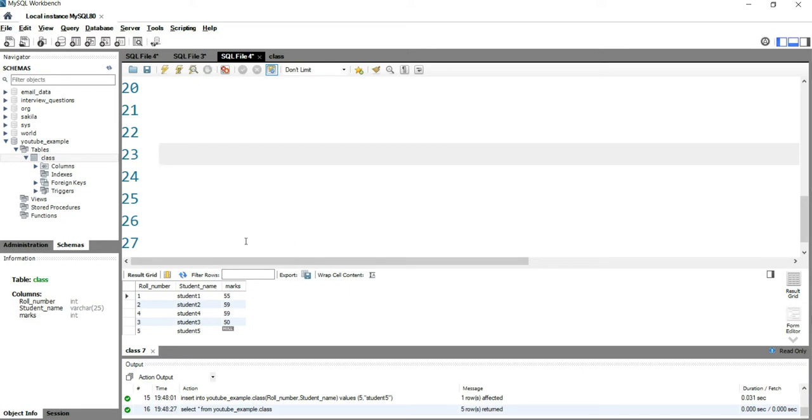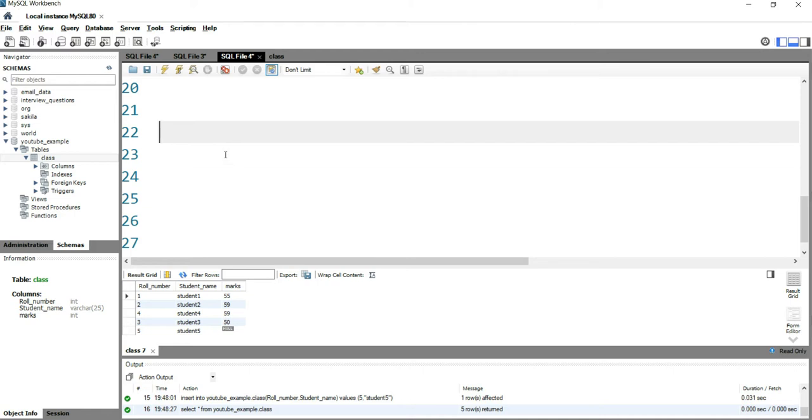Okay, we have our table class, right? And we have students till roll number 5. Now what we need to do is insert records from roll number 6 till roll number 10. So there are two ways to do that. Either you can write an insert statement 5 times, or you can write a single insert statement which will insert the entire record from roll number 6 till roll number 10 in a single go. If you ask me, I'll prefer the single insert statement which can insert multiple records.